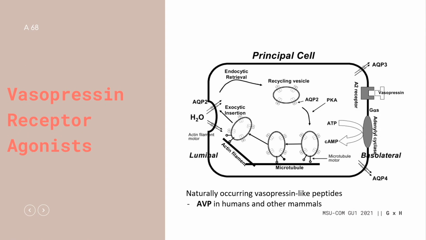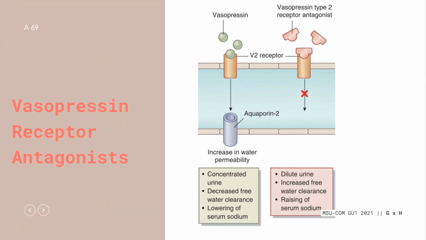Now let's talk about drugs that have a direct relation to ADH. Vasopressin receptor agonists, that is, arginine vasopressin, are naturally occurring vasopressin-like peptides. They simulate the effects of ADH. Therefore, vasopressin receptor agonists would promote water retention. Other effects of vasopressin receptor agonists would include concentrated urine, decreased free water clearance, and low amounts of serum